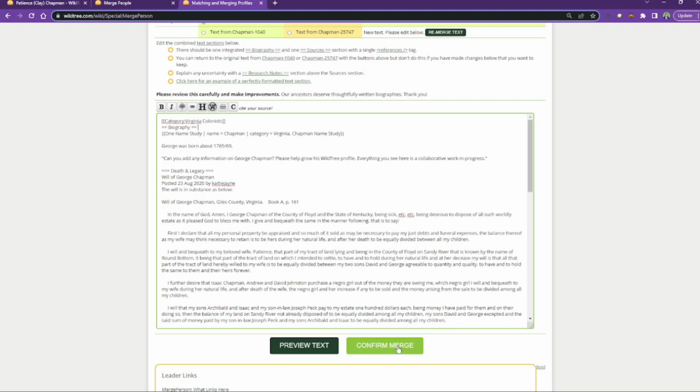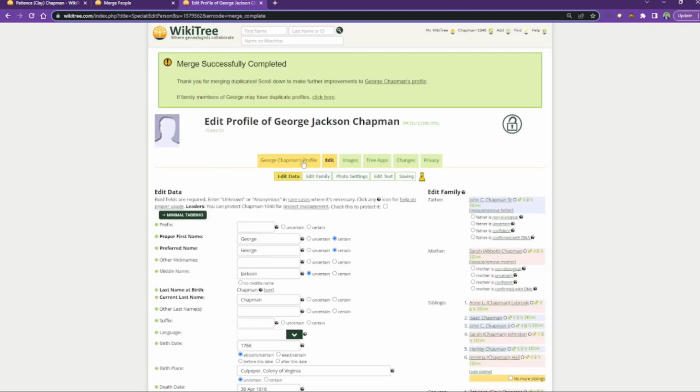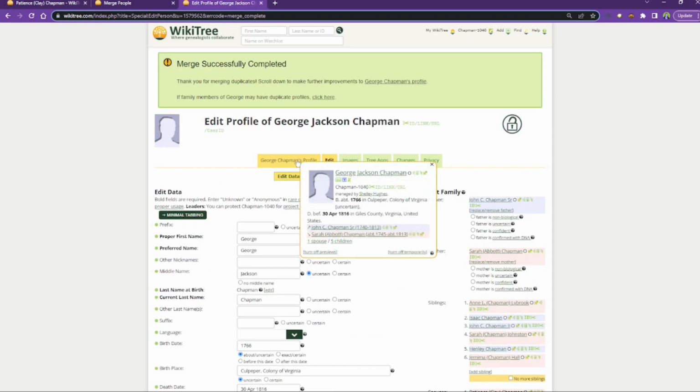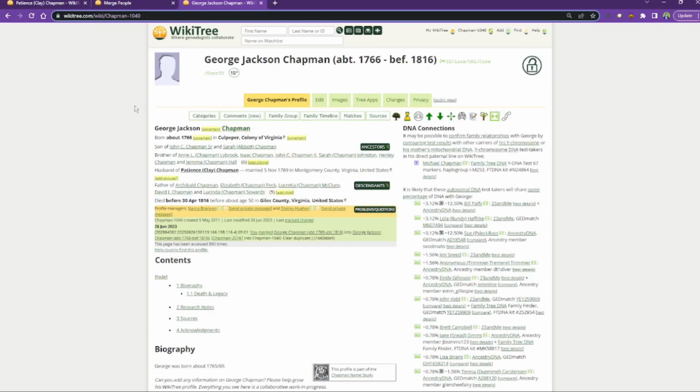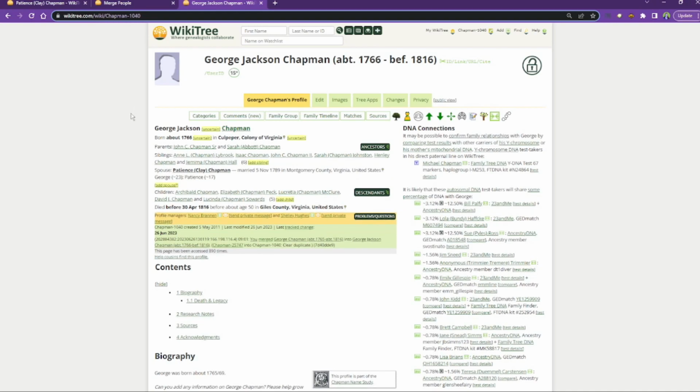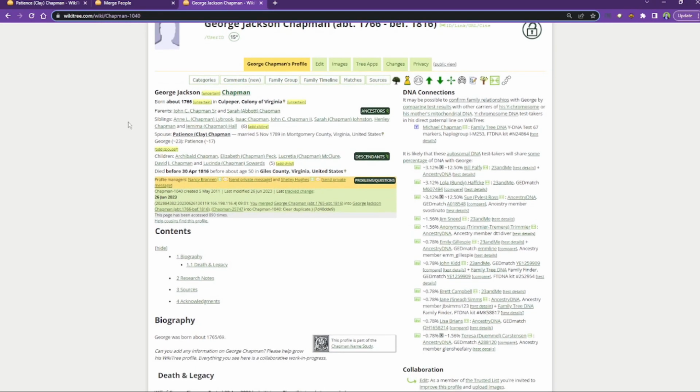And then once we have it as complete as we want it at this point, you want to click on that green confirm merge. Next important step is to go ahead and look at it in the public view. So once you've merged somebody, you want to make sure that it didn't create any